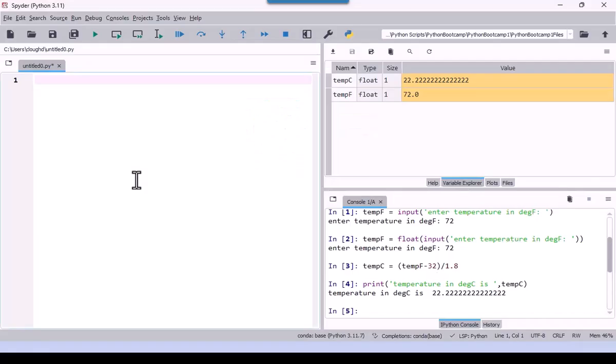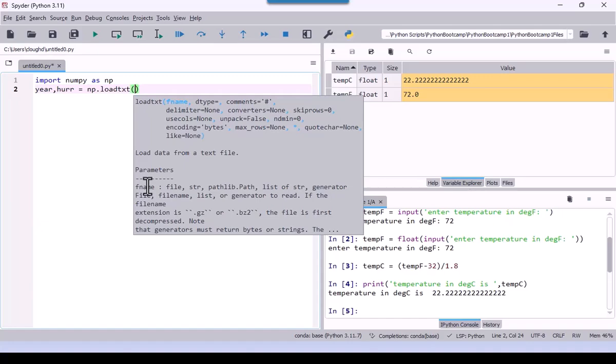Let's come back to the Spyder editor and show something up in the editor field here, where I'm going to start by importing the NumPy module, and then I'm going to read in data from a text file that I have available, and you have it available too, year, comma, HURR. This is a file with hurricane data over the years. And I'm going to use the np function, loadtxt,